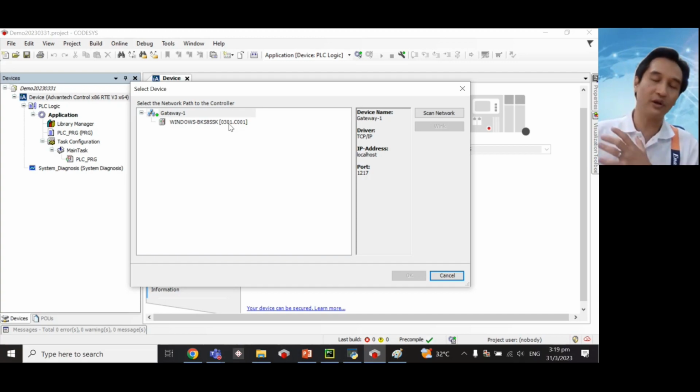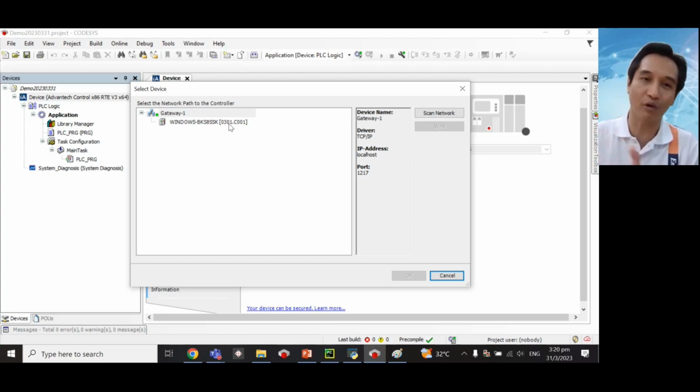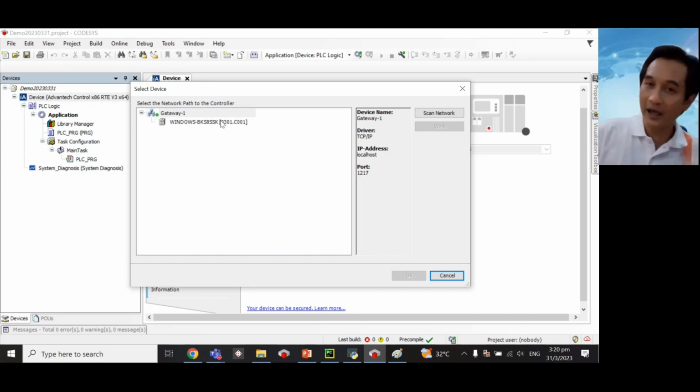If you want to ping Win10, with new hardware that comes with Win10, you have to go to the firewall settings and enable file and printer sharing, including the ICMP file. You have to enable it, and then it is allowed to be pinged, right? I did test the previous setting because I don't want to go into very much detail on how I set it in the controller, right? As long as our IDE is able to scan this actual hardware,